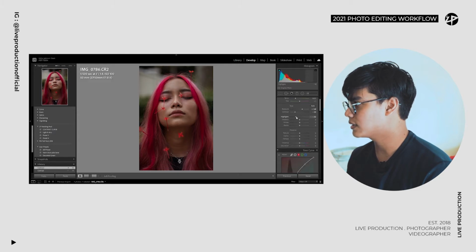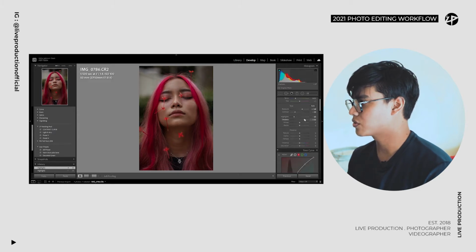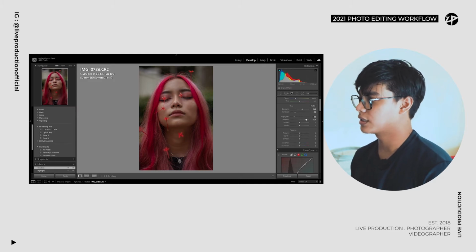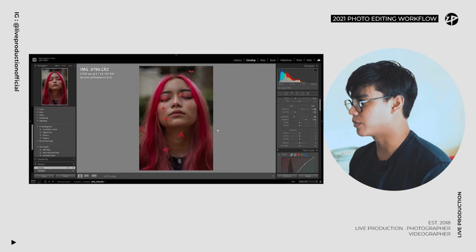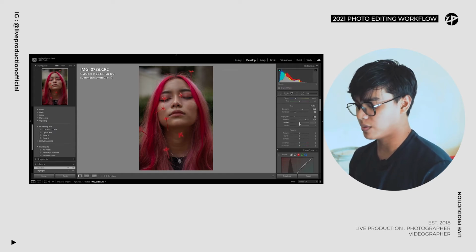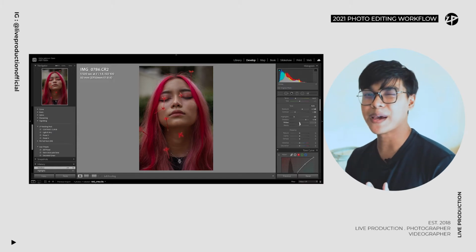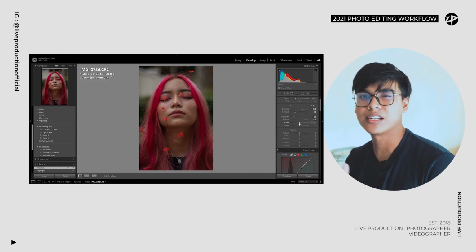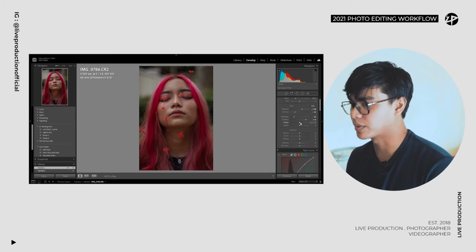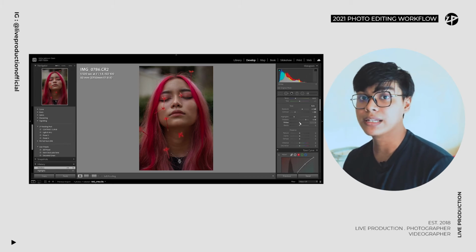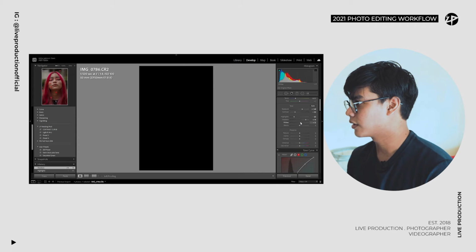Drag down the highlights and bring up the shadows so we can see what we are working with. If possible, I don't want it too dark in the blacks, I want to see the details in the photo. Alright, now let's adjust the whites. What I do to get the around perfect whites is bring up the whites while holding Alt on your keyboard. It will show the clipping of the whites, and then you just drag. Once you can see a little clipping on the photo,